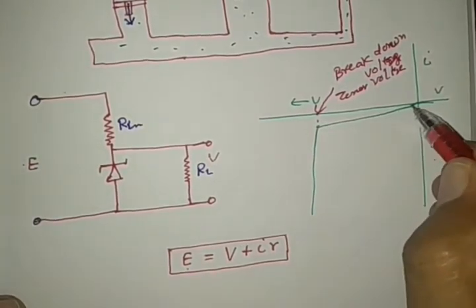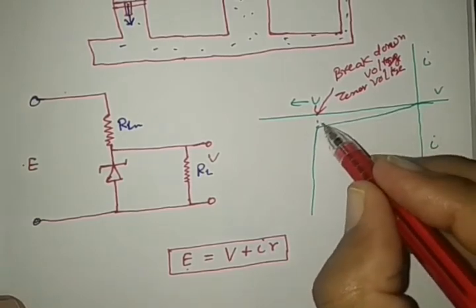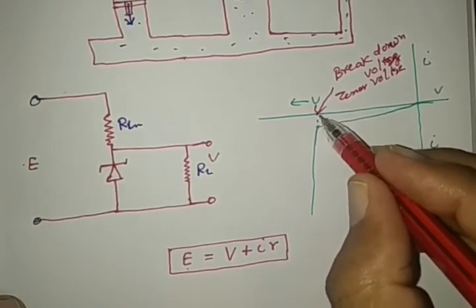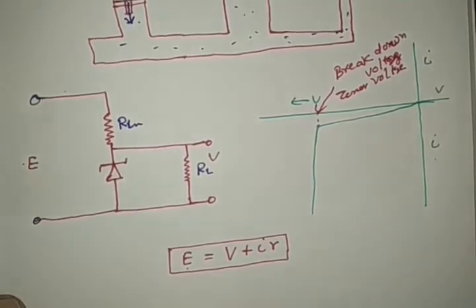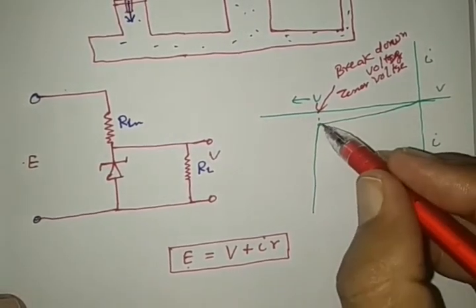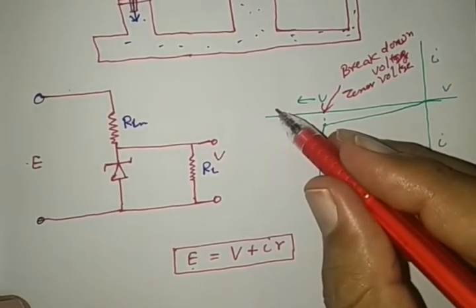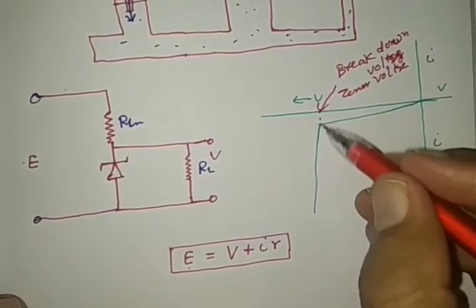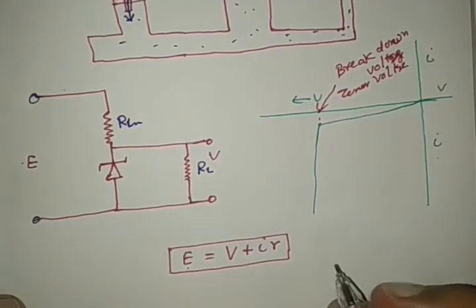After that, it remains almost zero. Then it increases slightly, and at a certain voltage, it increases sharply. We increase the reverse bias voltage, and the current increases, but the output voltage does not increase. So here the voltage regulates. How does this voltage regulate?